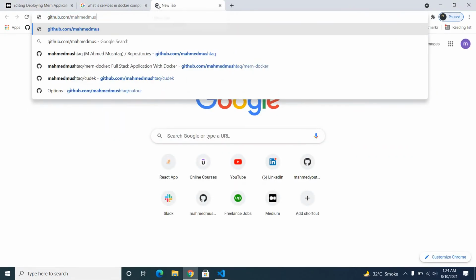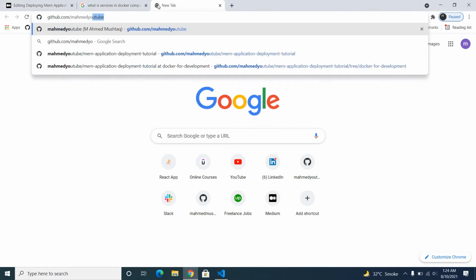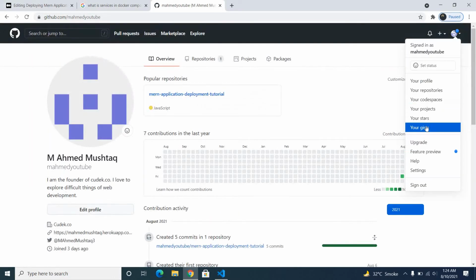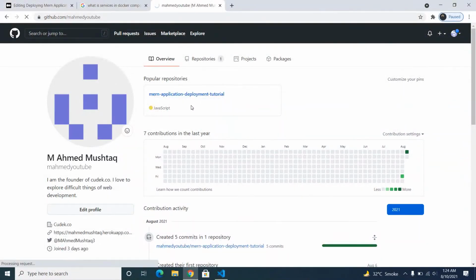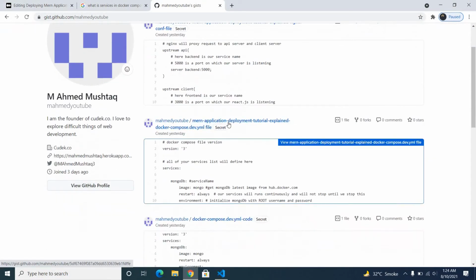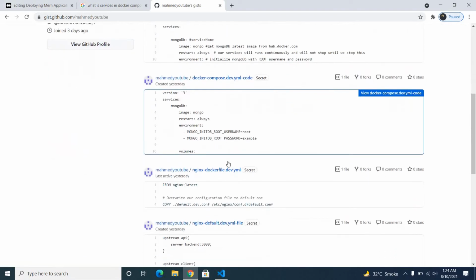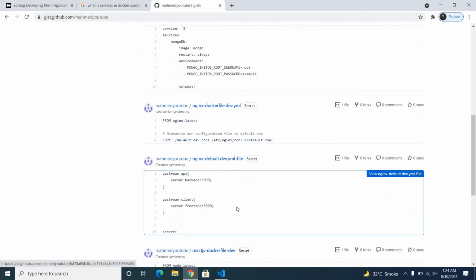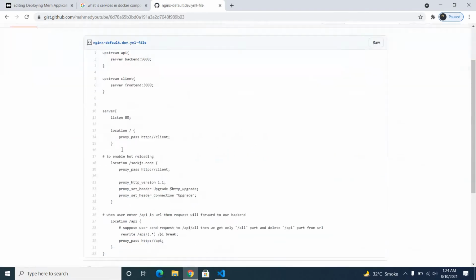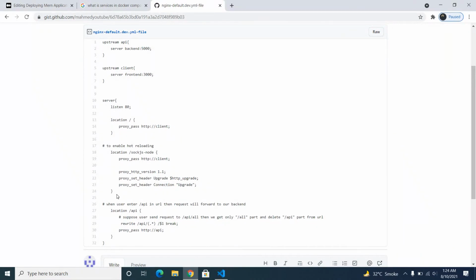Oh, yes, this one. Actually, we need these configuration files also.